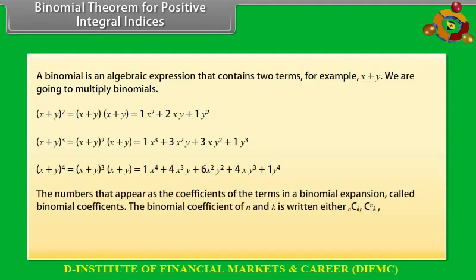The numbers that appear as the coefficients of the terms in a binomial expansion are called binomial coefficients. The binomial coefficient of n and k is written either as